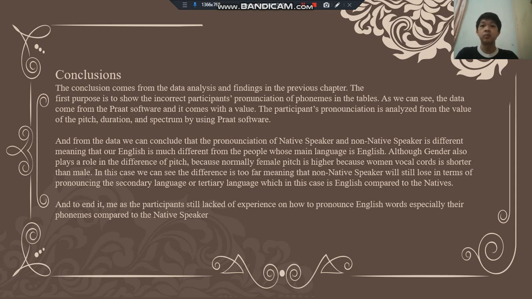As we can see earlier from the data, the native speaker's pitch is higher, meaning that their pronunciation is very different from ours. And as we saw earlier, their duration of pronouncing phonemes is shorter than ours, meaning that they usually talk really fast, unlike us.